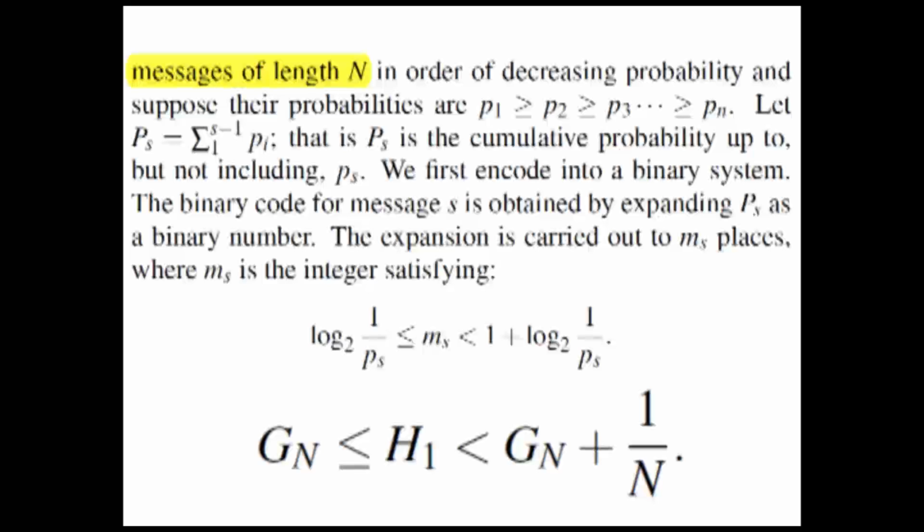Okay, so this is only for the Shannon code. So this is a very clever procedure that he had. But even the Shannon code here is not done on a symbol by symbol basis. It turns out that that is a prefix code, but it's not done on a symbol by symbol basis. Okay, notice that he says messages of length n. Okay, the message of length n, and then he applied the Shannon code to each string.